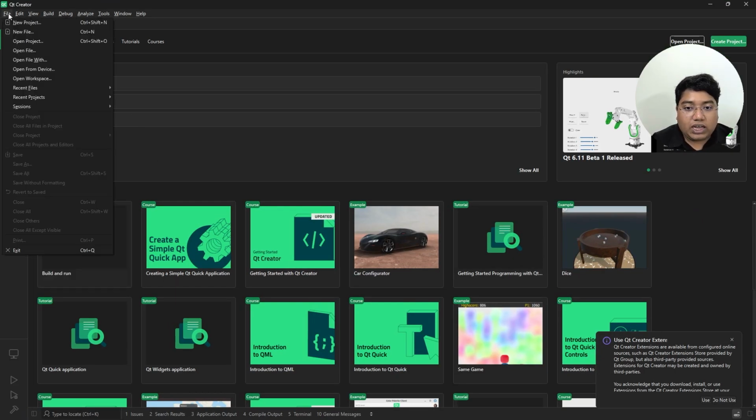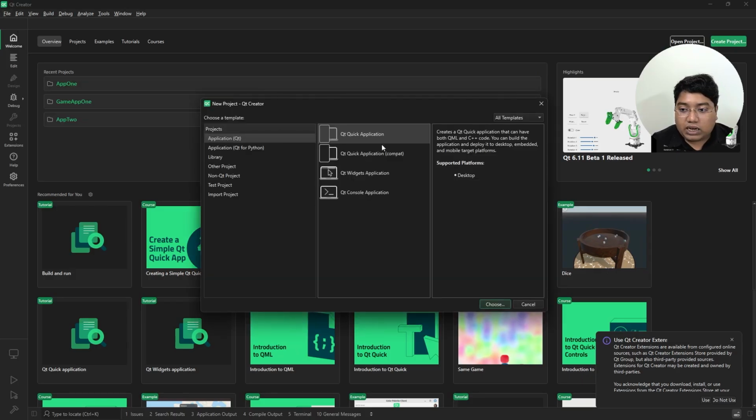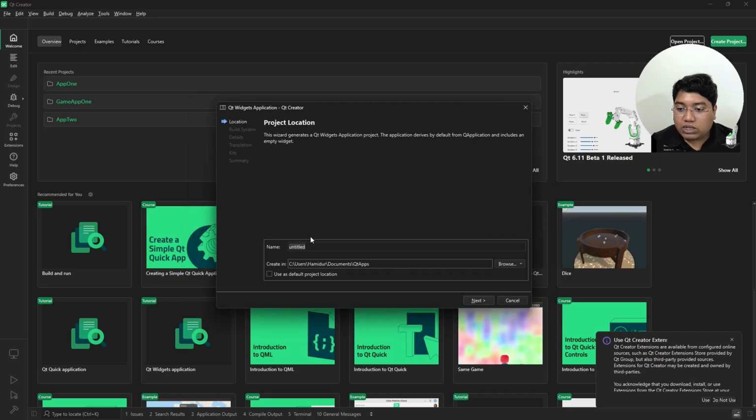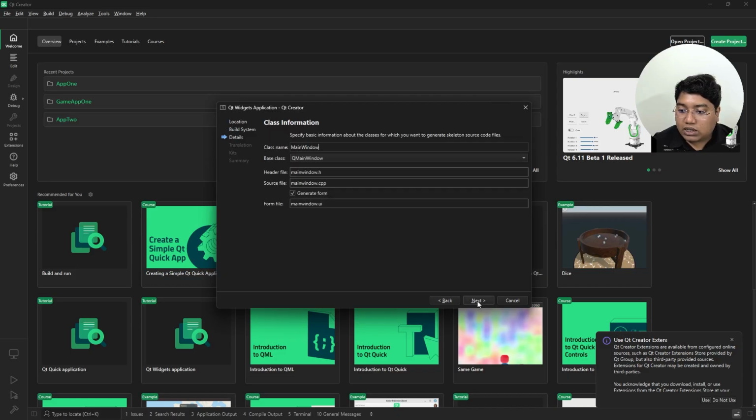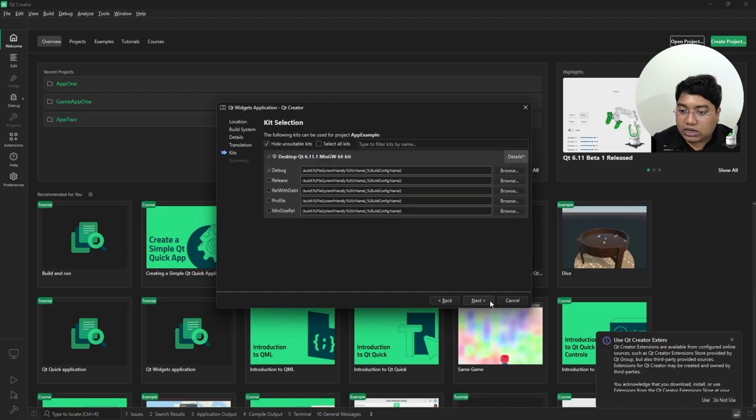We choose File, then New Project, and then Qt Widgets Application, and then let's give it a name, let's say App Example, and let's choose a location. Then Next. For now, the default names are all right. Next,